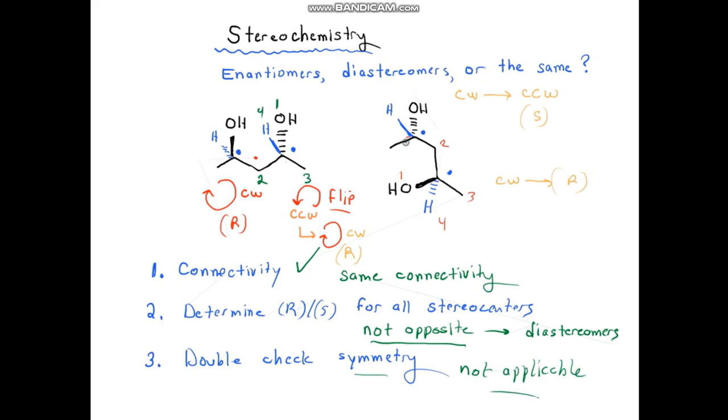Although it is worth noting that this is actually a meso compound. If you look at the fact that the R and S is opposite and that you've got a symmetrical distribution of functional groups around the middle carbon, this is actually a meso compound drawn as a rotated version. But anyway, these molecules here are diastereomers, and